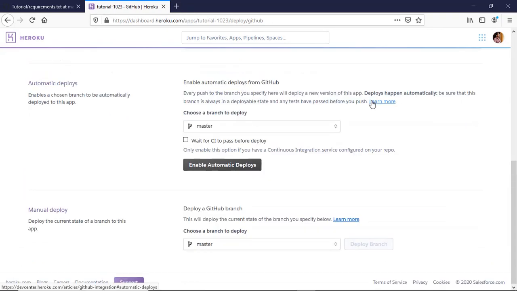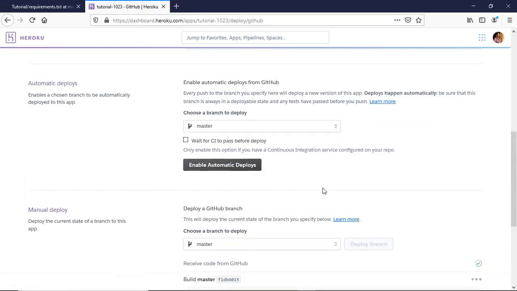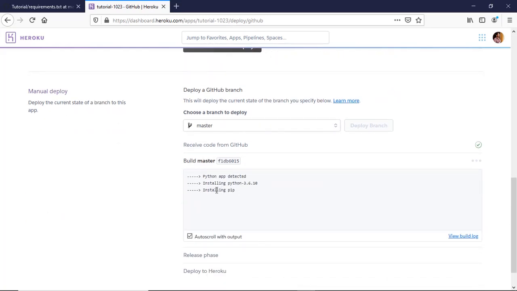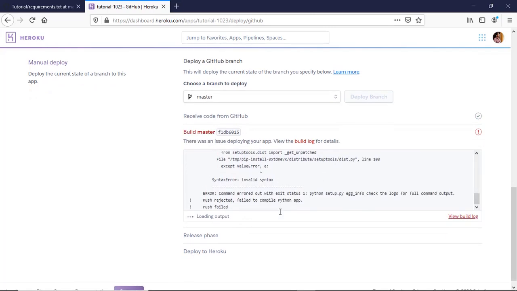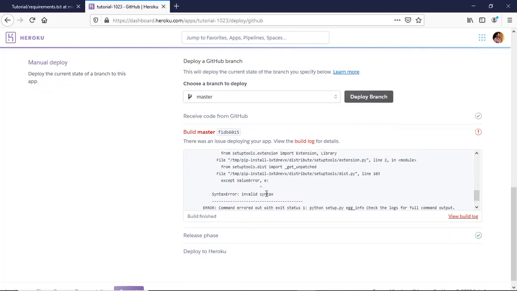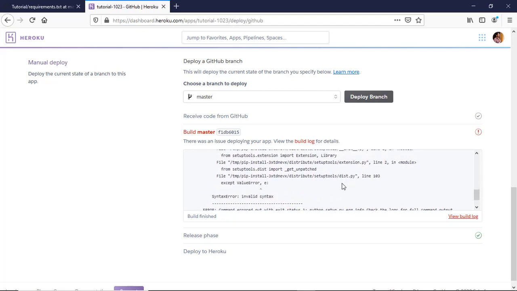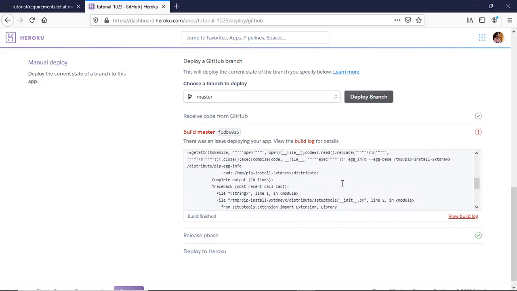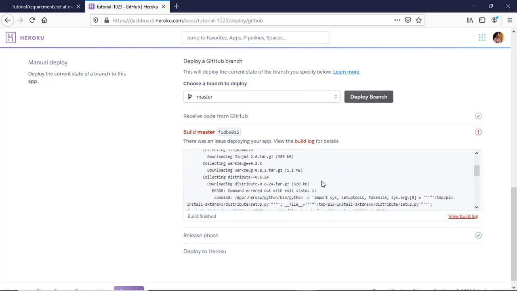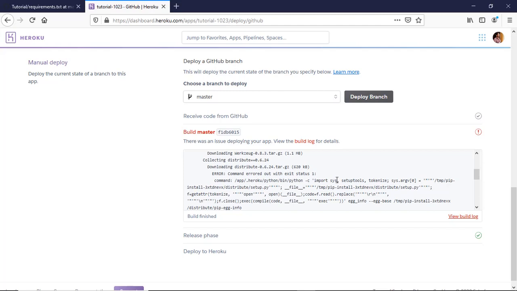So you have to know what the error is thrown from Heroku, and you have to work on that. So you can see here, it doesn't mean that you got the same error, or you can solve that error by using this. So now the second error I got is command error with status 1 Heroku bin Python import sys tokenize system temp.